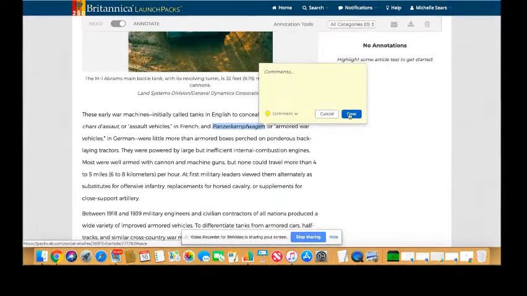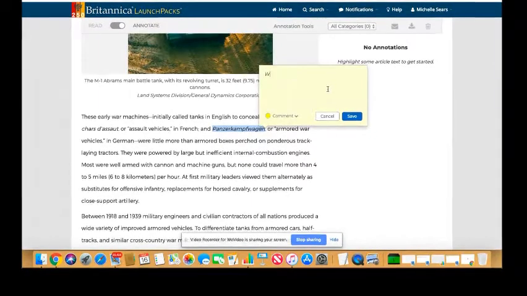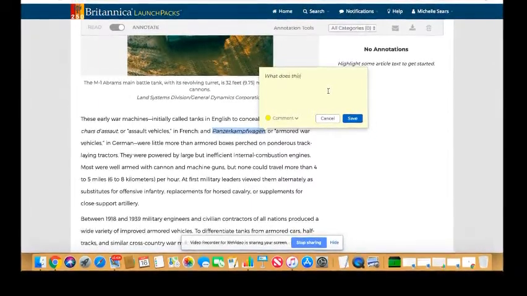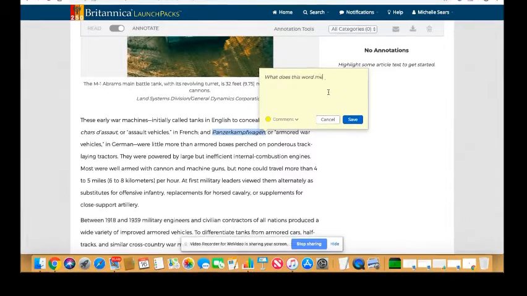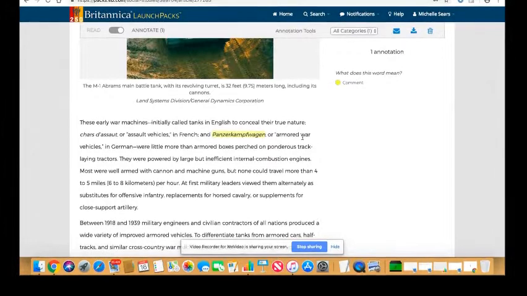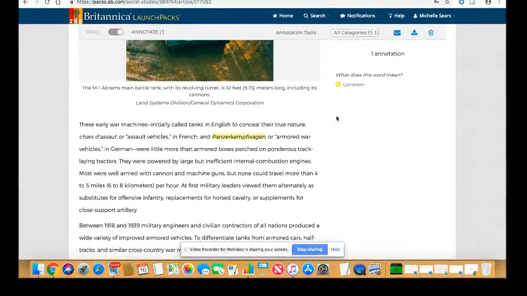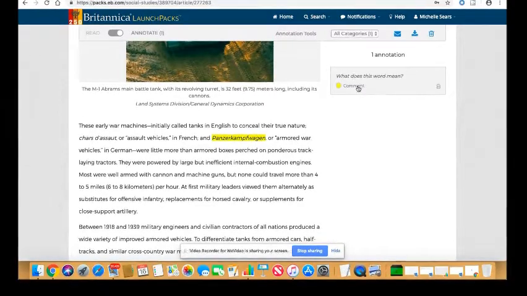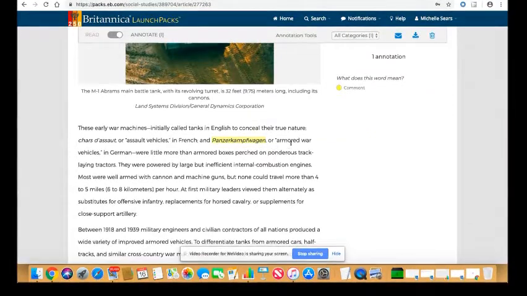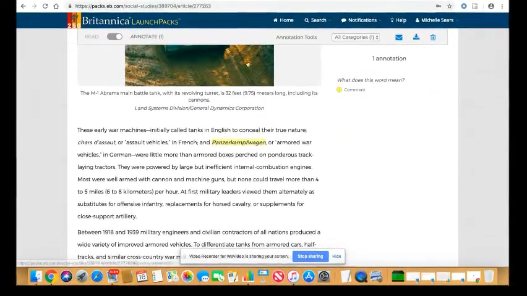If I want to annotate this word, I might want to say, what does this word mean? And it defines it right in the text. And just to make sure that students are understanding that the definition is here, they can comment and tell that this word means an armored war vehicle in German. Okay,